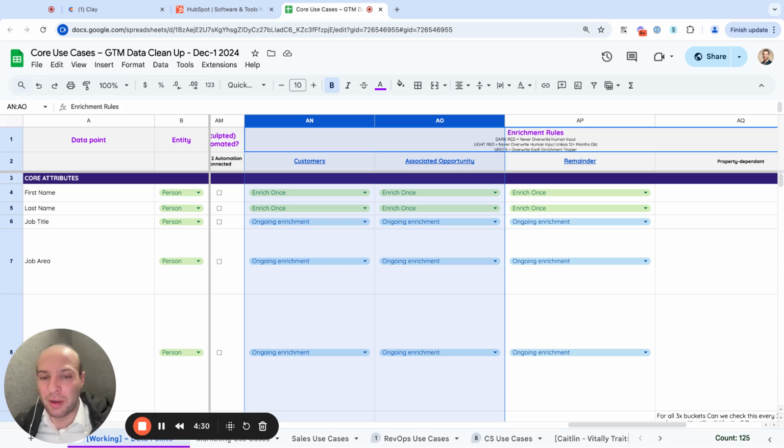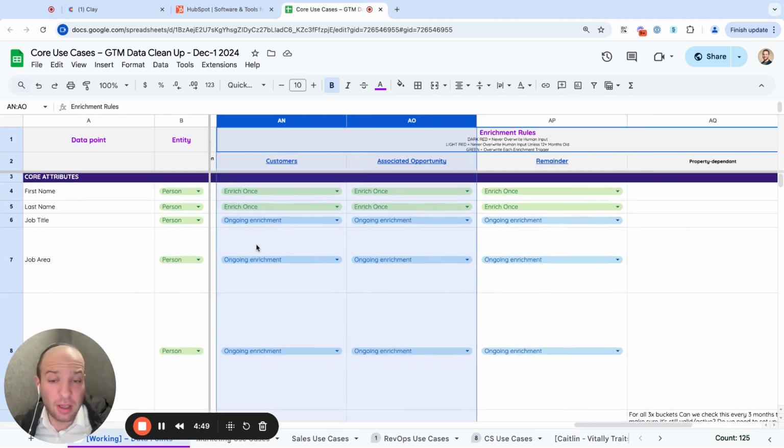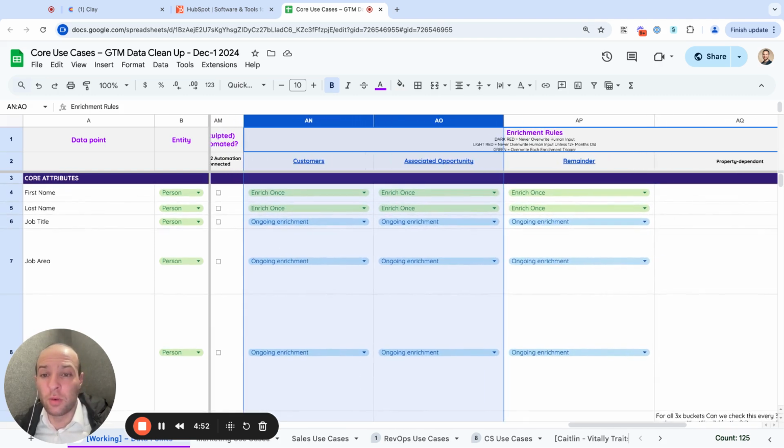I'm sure more will pop up in the market at some point if this is a real problem worth solving, which I think it is. But for now, we can help if you're interested, or you can have your engineers write this code on their own and do it quick and dirty. It'll get the job done, but it may not be so sustainable. But if you're lacking internal dev resources and you want to knock this out, then Sculpted is probably the way to go. But I hope this is a good high-level overview of what overwrite rules are all about